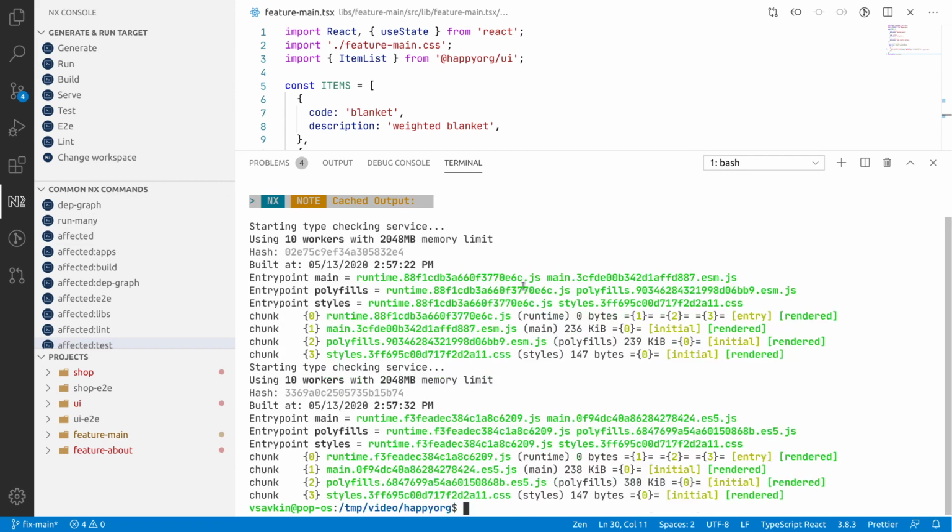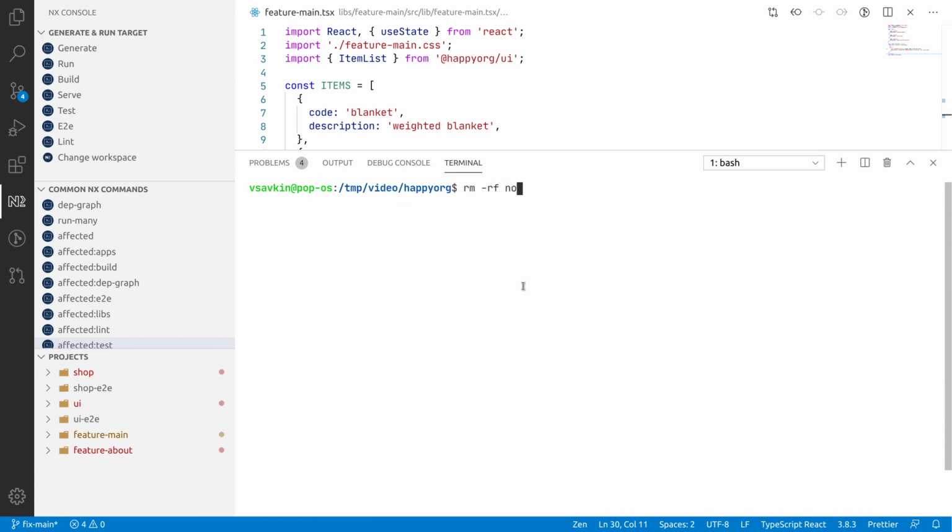That's great. The problem, of course, is what if I'm someone else on my team? Susan, who's sitting next to me, wants to use the result of my computation. How can she do it, right? Let's imagine I'm Susan, so I'm just going to delete my local cache, as if I were Susan, right? So at this point, I have nothing stored locally, right? So if I'm Susan right now and I'm building the same shop app,